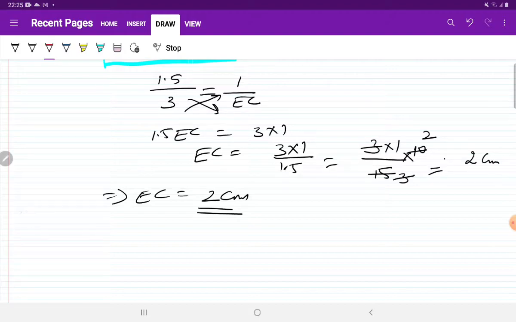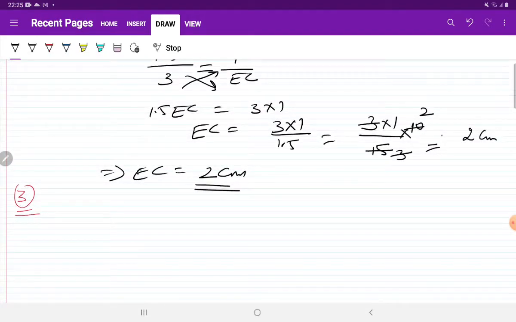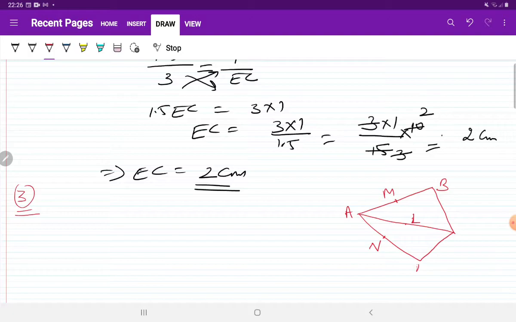Alright. Now come to question number 3. In this question, what you have to find? In the figure, we are given one figure. Let us draw it here. We are given a figure with AB, BC, then AD and DC. Join AC. Here is A, B, and one more point, that is M. Here is one point, that is L. And one point is here, that is N. And this is your D point. Here is C.